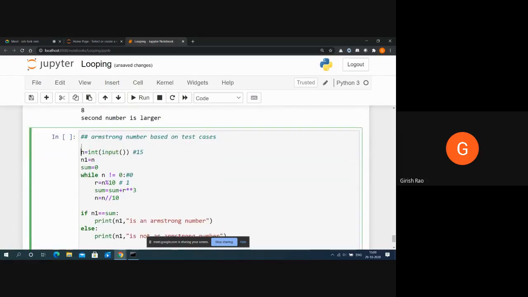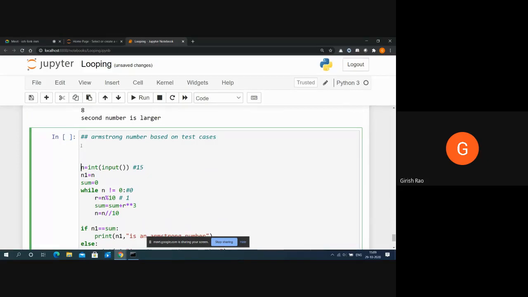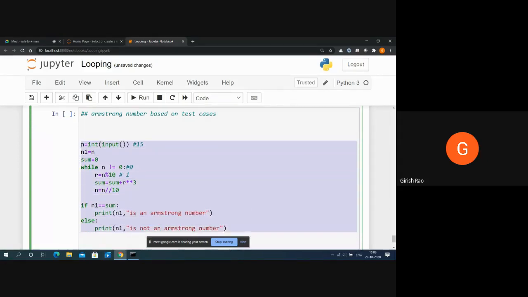What is the first step? There won't be change in this logic. It will be exactly the same. But now everything has to be wrapped in the T.